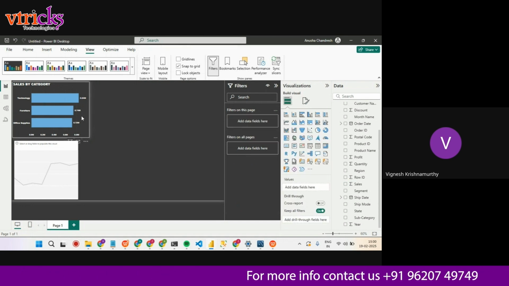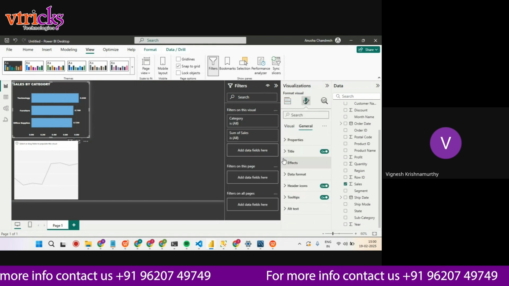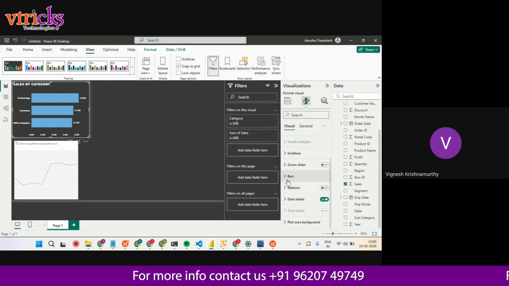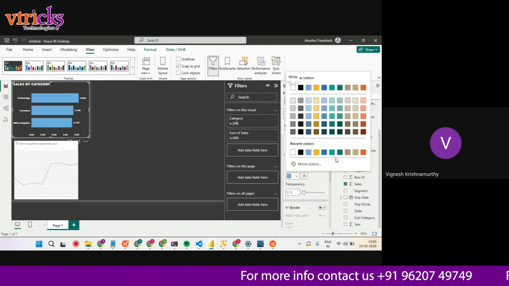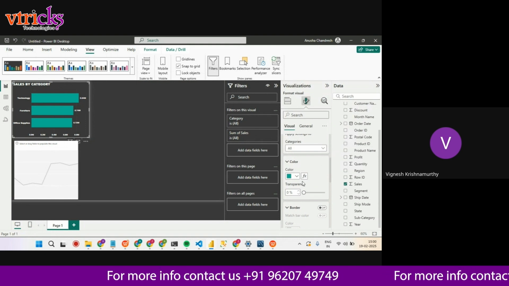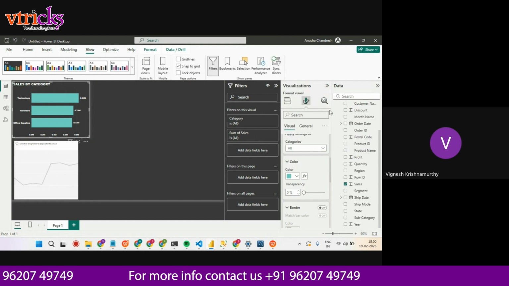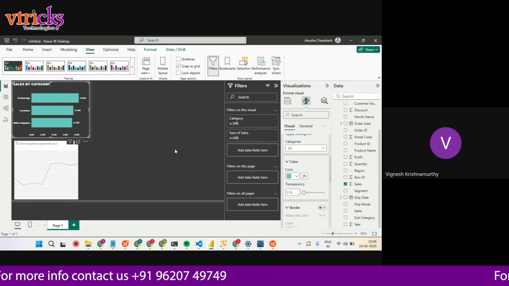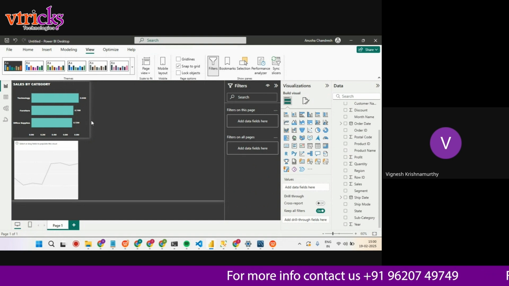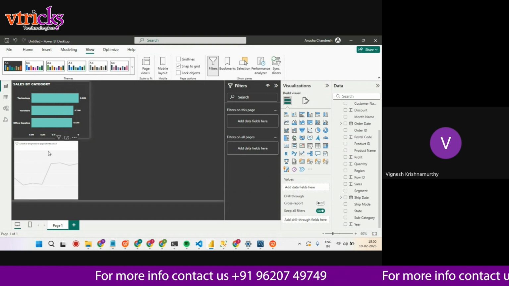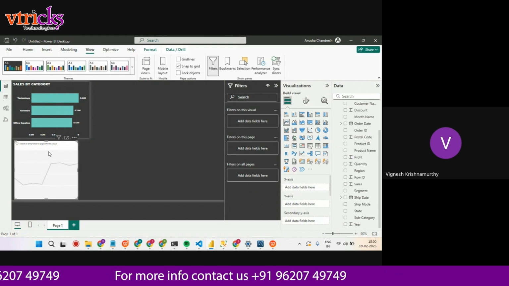To see that sales, I'll just change the bar color maybe to make it look good. So I have to get back to bars here, and for all the colors I'll change it to the color here, or light green or something, since it's a background. Yeah, and you can have card visuals inside that. And now I'm using the sales visual to get the total sales based on the time period,